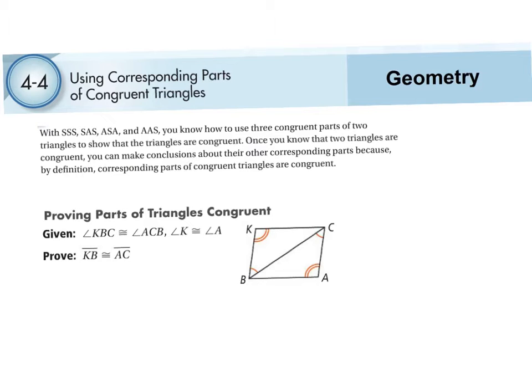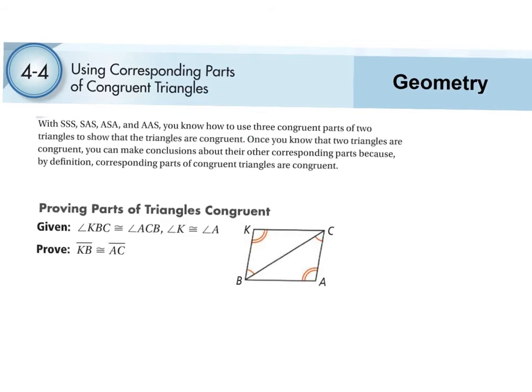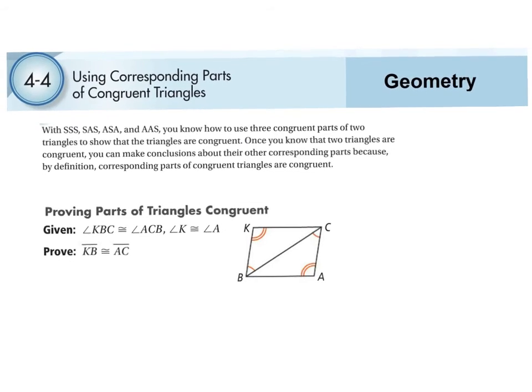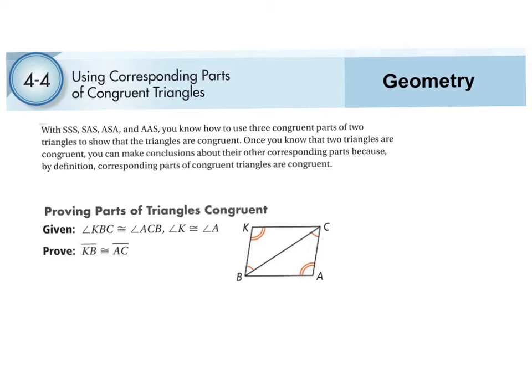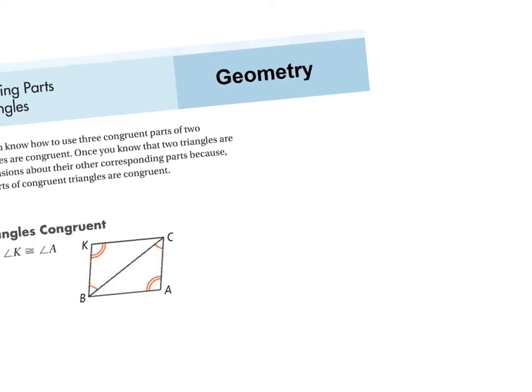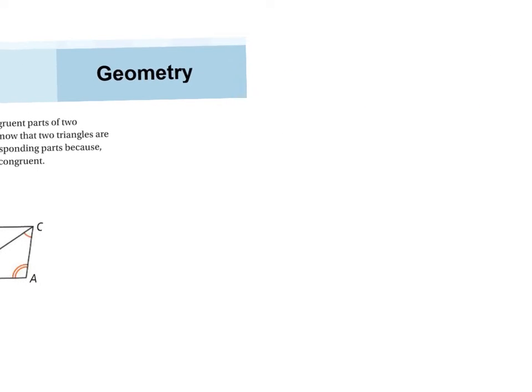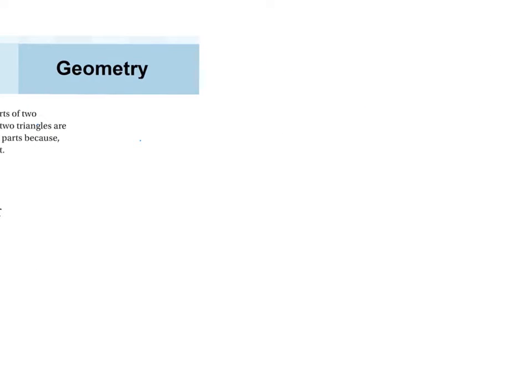Alrighty, section 4.4 is about using corresponding parts of congruent triangles. So once you prove that two triangles are congruent, then they're going to ask you to prove that one piece is congruent to the other piece on the other triangle that it's congruent with. So we're going to use the acronym, and you need to write this down. And that is